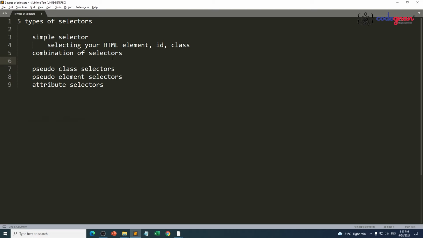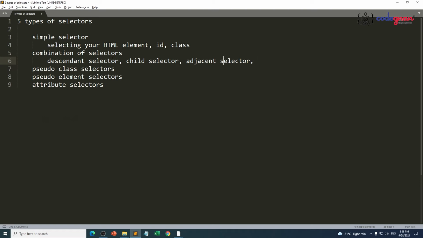We have descendant selector, child selector, adjacent selector, and the final one is general selector.